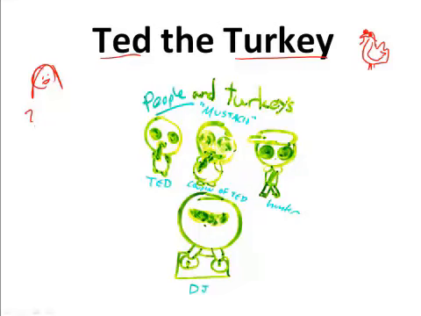There's something I do with lots of business people. The first thing we do is we draw a series of portraits to represent the characters in our story. And so my daughter did that, and she drew her characters. Here's Ted the turkey, and here's Ted's cousin named Mustachio, and here's the hunter, and here's a DJ. Now, why did she come up with the DJ? I wasn't sure, but let me tell you a little bit about what happens next and why we introduce a